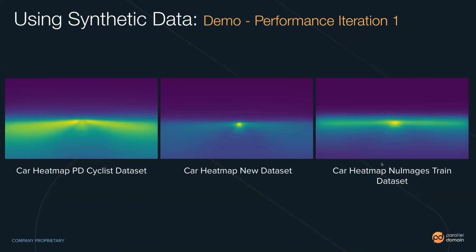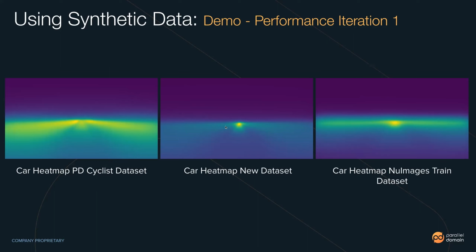I mentioned these heat maps before, and you saw them actually before. Now I have an explanation why this one looks different than this one. This is the heat map from our old data set, and this is the one from the new data set, the new images trained data set. And you can see there are barely any